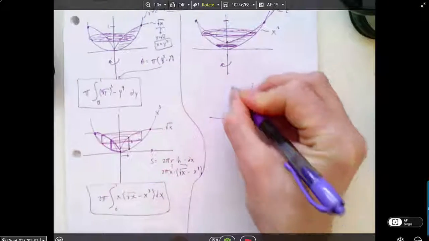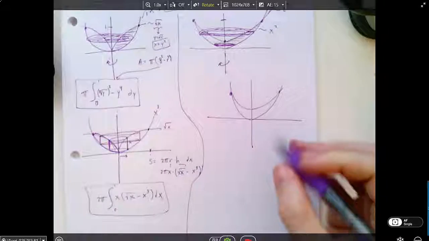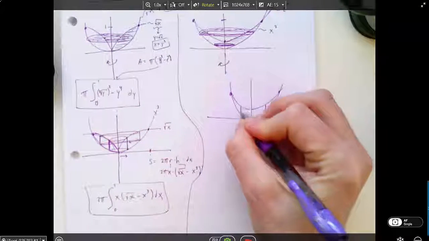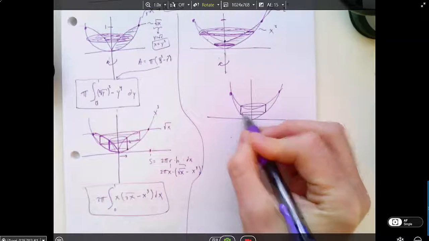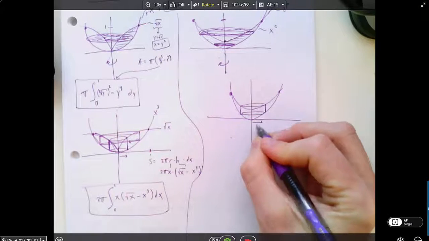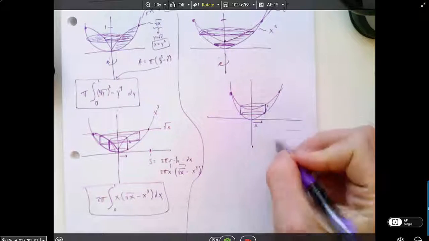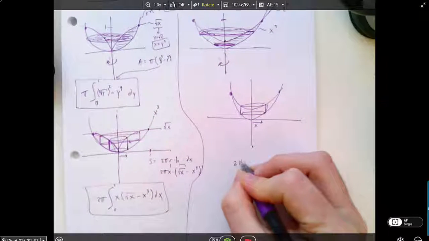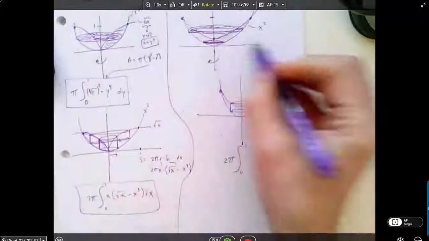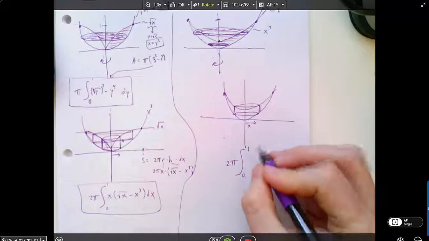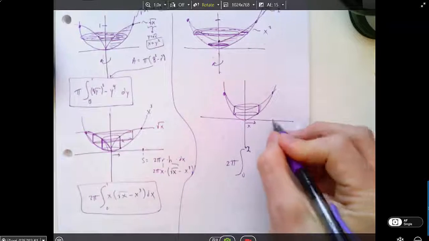Again, let's pretend this doesn't look horrible. Okay, that seems like roughly the same. And so again, in this case, if we imagine some cylindrical shells, my radius is given by x, and I've got the height as the difference between those 2 curves. So it's going to be 2 pi integral 0 to 1. Is it 1 out here where they intersect? No, it's not, is it? Is it 2? Yeah, it's 2. Okay, so from 0 to 2